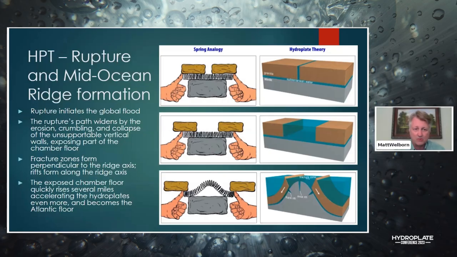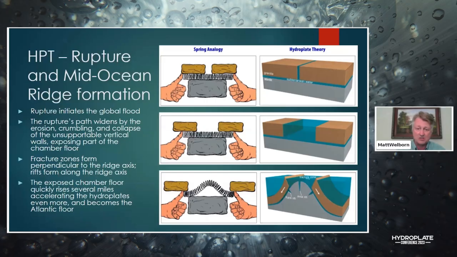But as that crack ran all the way around the Earth, and we'll see some pictures later, it widened. And you can see that as we get to the middle row. That crack is widening and widening as the crust is being crumbled and eroded and torn away by this water that's rushing out. Of course, the rushing water is not shown here, but we see effectively that crack is widening. So it's 60 miles deep, and now it's hundreds of miles wide.